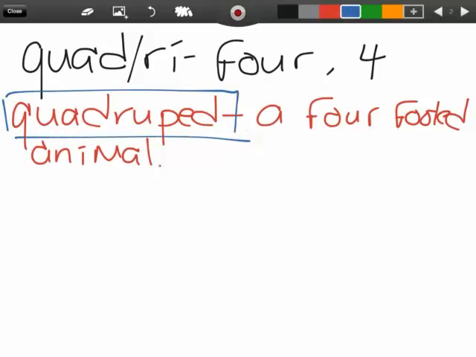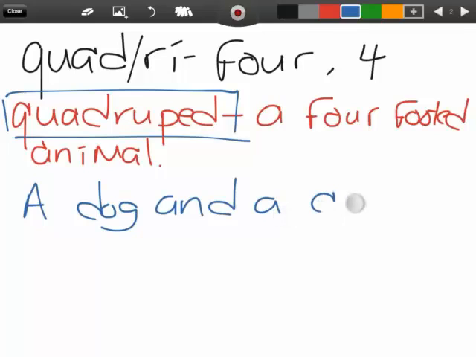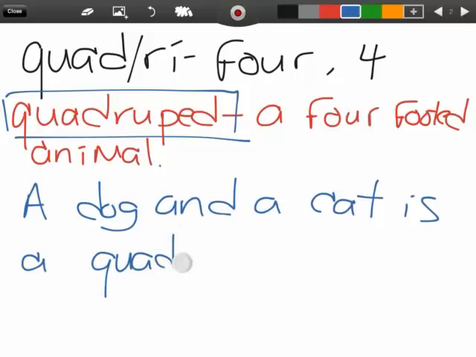I'm going to say a dog and a cat is a quadruped. I'm going to go ahead and read that to you one more time. A dog and a cat is a quadruped. Moving on to our next root,